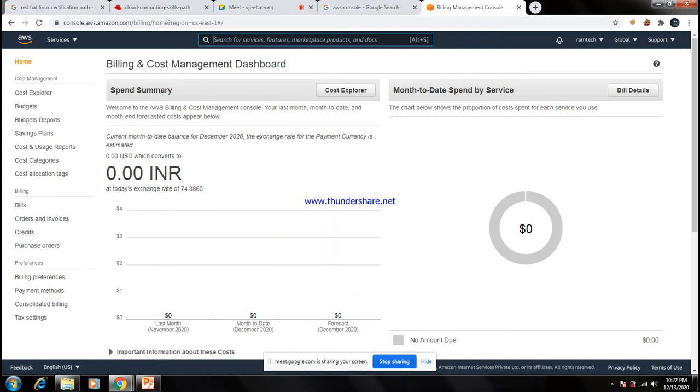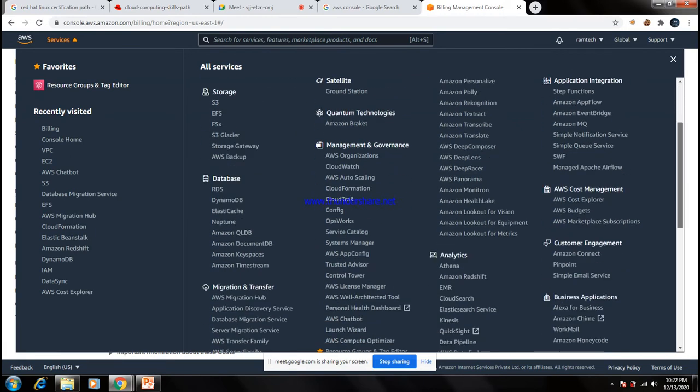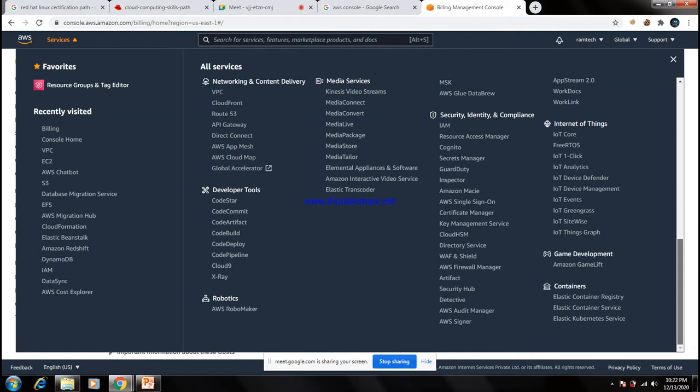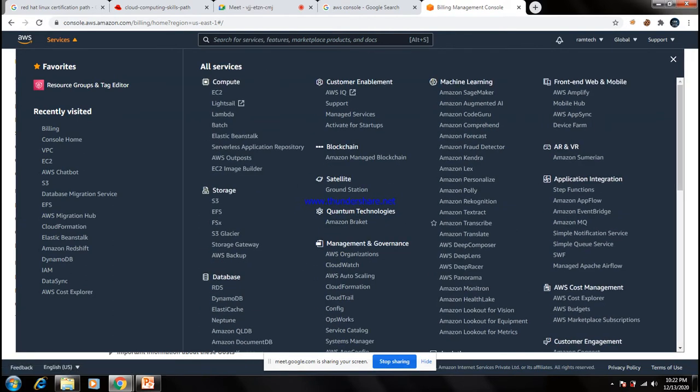Then what you want to do is go to the services. There are a number of services Amazon provides. It's very difficult to see all the services. Which one is very important from the company point of view? That is what we are seeing now.